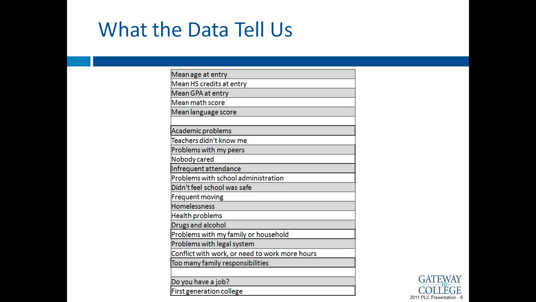It would. And you can see those 5 variables at the top: age, high school credits, GPA, math, and language. Those are, again, those pieces of information that you guys gave us from the database. So that is information that came from a variety of sources, like their transcripts and their applications. The rest of the variables on here are self-reports from the student. So we're really looking at how a student perceives the world, not necessarily how we would perceive that student's life.